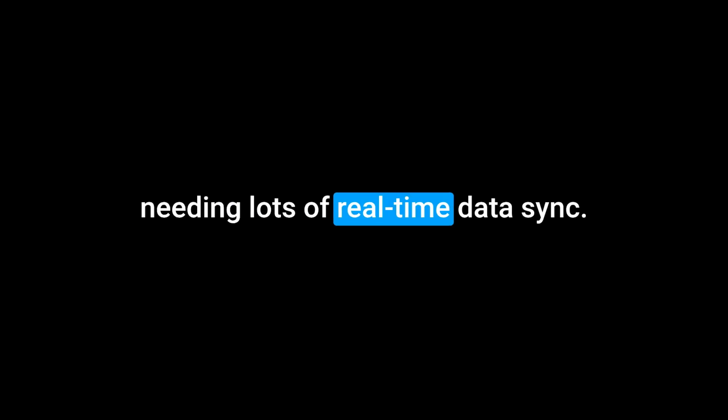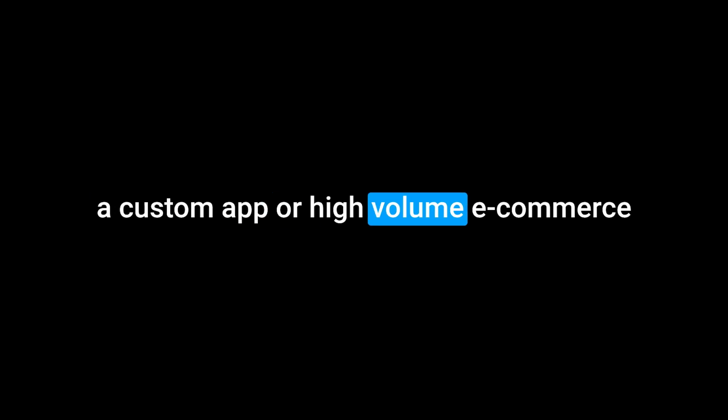Exactly. And these limits are tiered by plan on both platforms. ActiveCampaign Enterprise might get, say, 240 requests per second, while Starter only gets 30. GetResponse Professional might get 120, Starter gets 30. So if you have complex integrations needing lots of real-time data sync, like connecting to an external data warehouse, a custom app, or high-volume e-commerce updates, you might need a higher tier plan simply for the technical capacity, regardless of the features. The infrastructure support itself becomes a reason to upgrade. That's a really important, often overlooked aspect of the expand model. It's not just features, it's technical